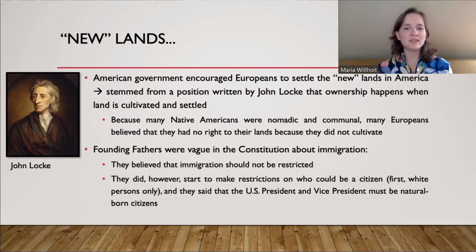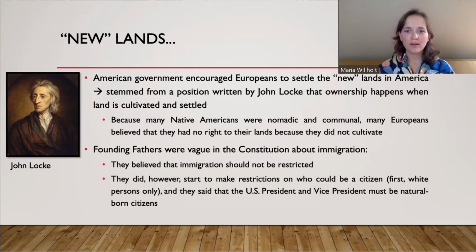It's a very racist ideology to think that ownership only counts when Europeans cultivate and settle the land, and that Native Americans naturally don't do that, so they can't own it. It's a messed up way to justify removing them from their lands or taking their lands. But a lot of Europeans who came to America believed this, and I think it has repercussions even today. This idea of, well, I'm sorry, Native Americans, you just didn't have the proper technology. We're the superior force, superior race. Unfortunately, there are people who I think still think that today, especially in the middle of the 1800s,